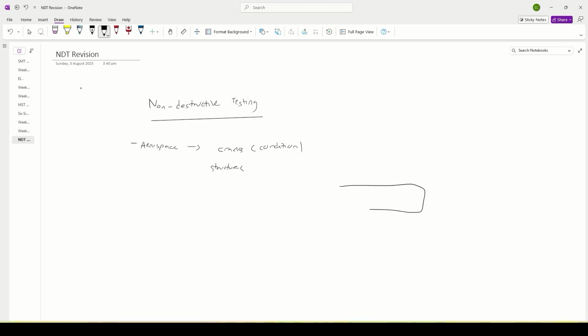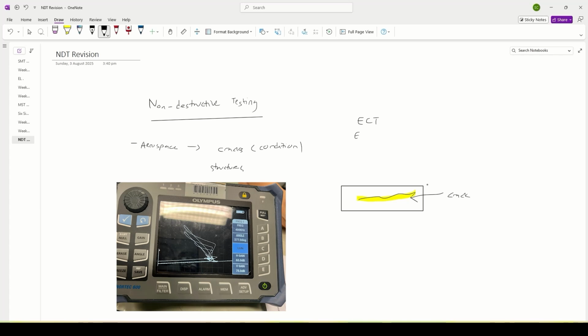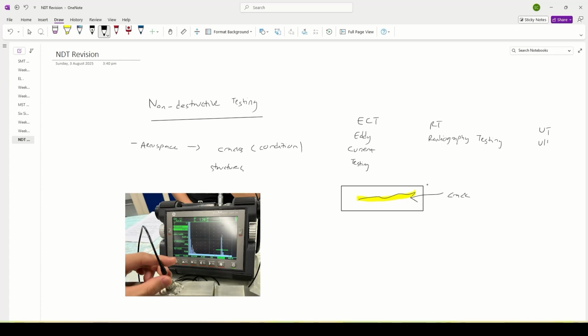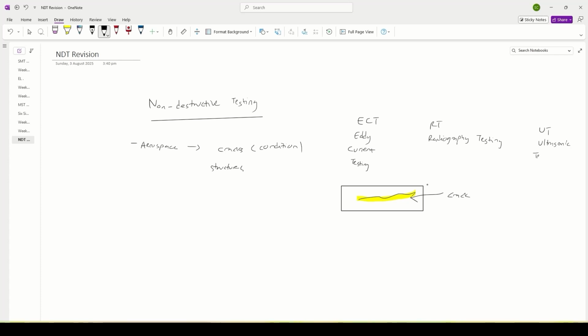We have a little structure here and we want to detect what is called a crack. Our yellow highlighted portion right here is a crack, and we can, for example, use different methods like ECT, so-called eddy current testing, RT, radiography testing, or even UT, called ultrasonic testing. So there are different types of methods that we can use to detect this crack right here, which is not on